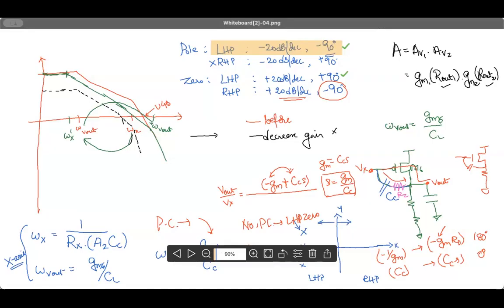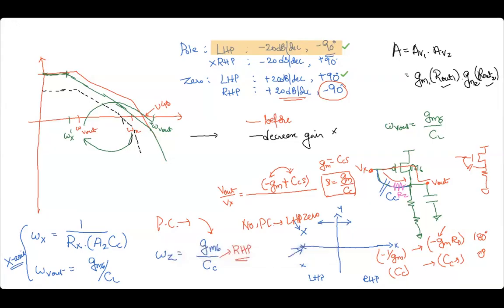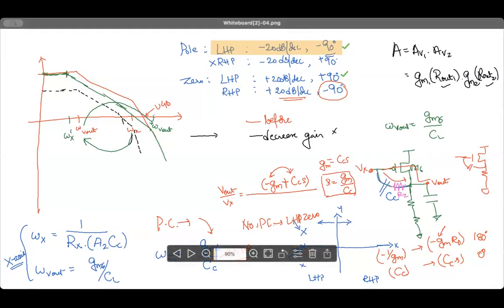Now, we did look at what is a right half plane zero, what is a left half plane zero, and what are right and left half plane poles. Typically, almost all the poles lie in the left half plane. Zeros could lie on both sides, one on the positive and one on the negative. We would like to have every pole and zero in the left half plane. Why? Because if the zero is in the right half plane, although slope wise we do get a benefit of plus 20 dB per decade slope,